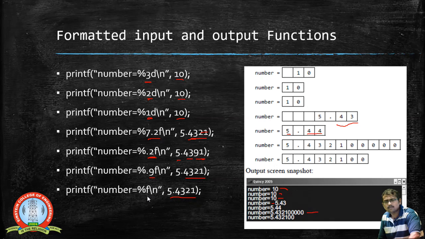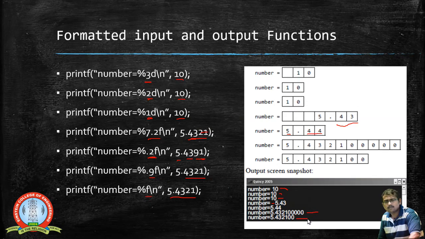This is normal, and I have not given any width or precision here, but as per floating point, after the decimal point it has 6 digits which will be printed. So automatically after 4321, 2 zeros will get padded and printed like this.